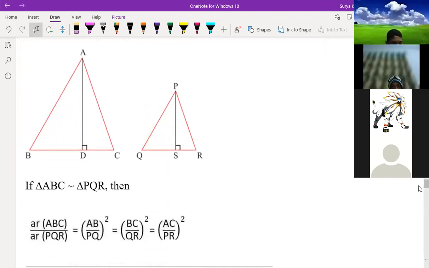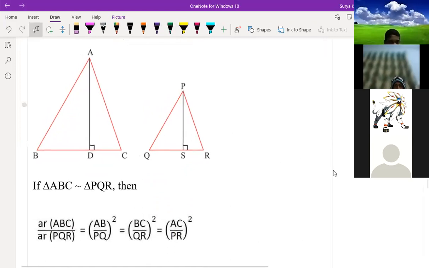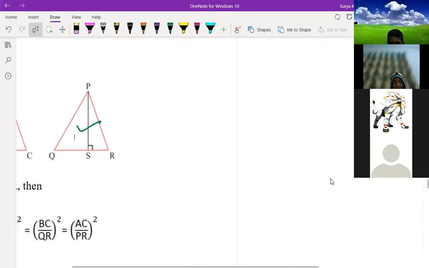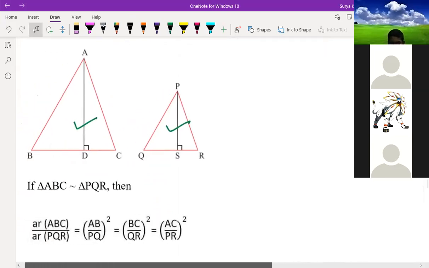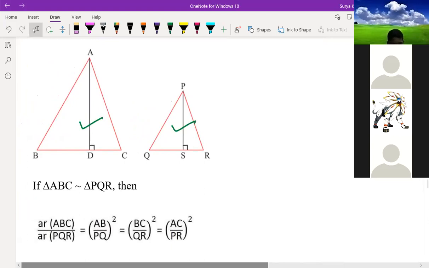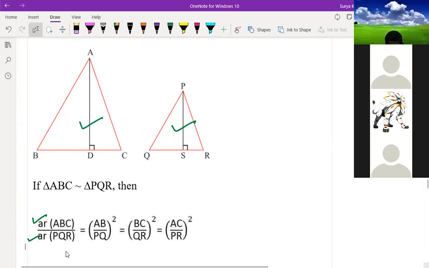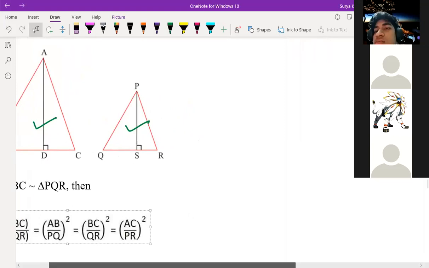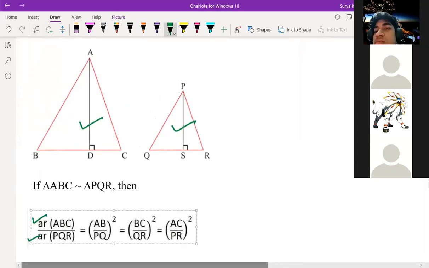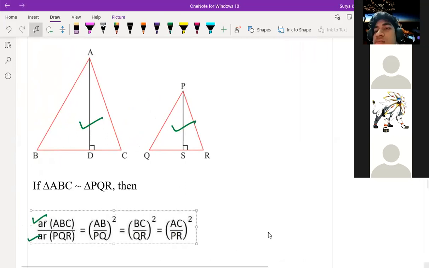One very important theorem, children, try to understand here. If these two triangles are similar, this is very, very important, and one question will definitely come in your objective type questions in the board exam. One or two may come, minimum one will come. So if these two triangles are similar, then you can say that area of triangle ABC divided by area of triangle PQR. If you know only one side, you can find the area easily.